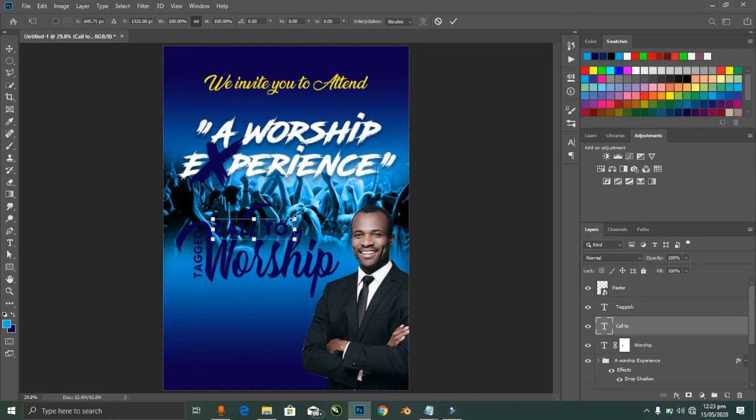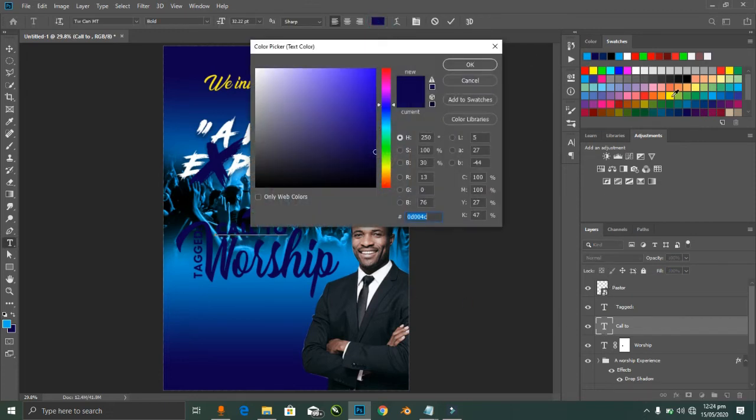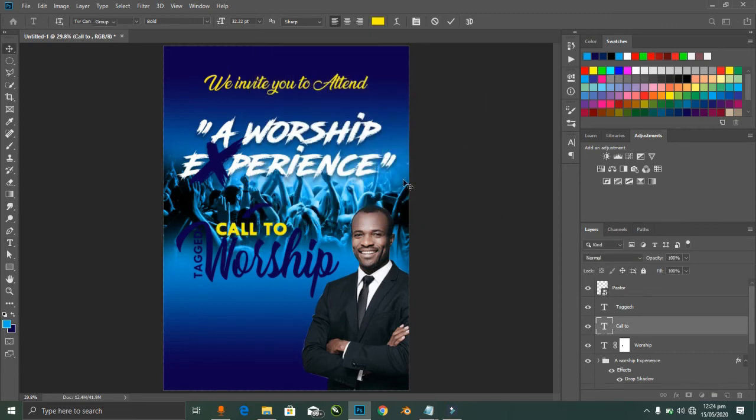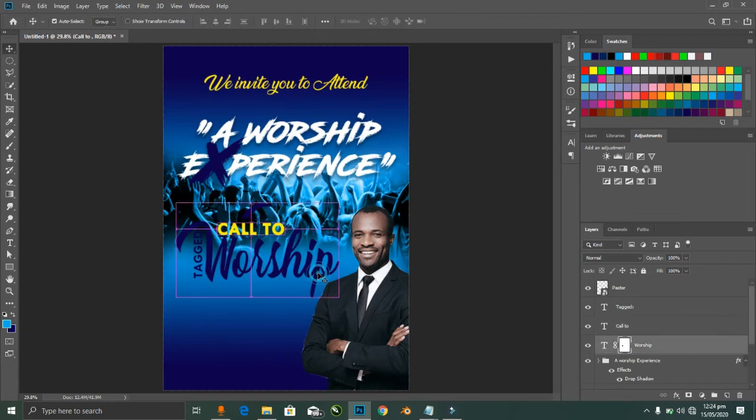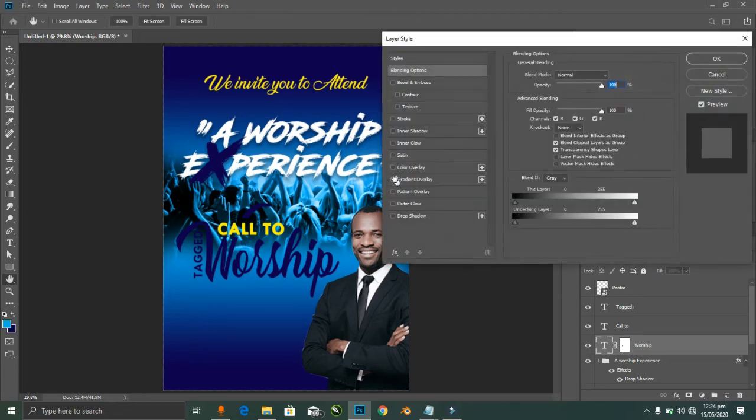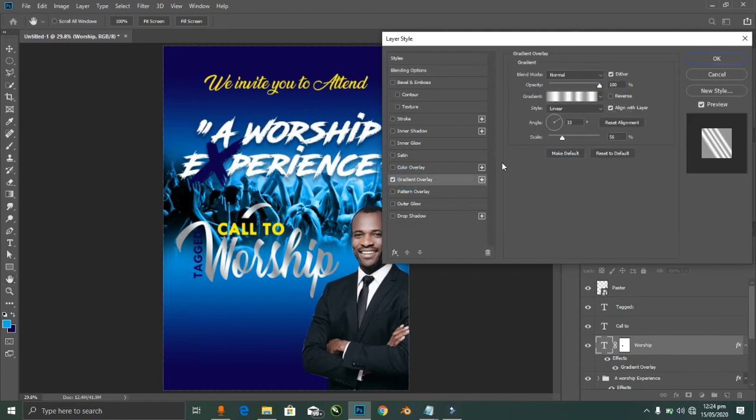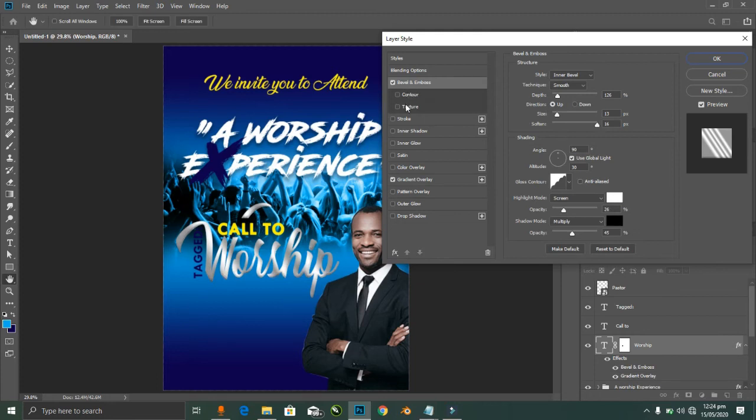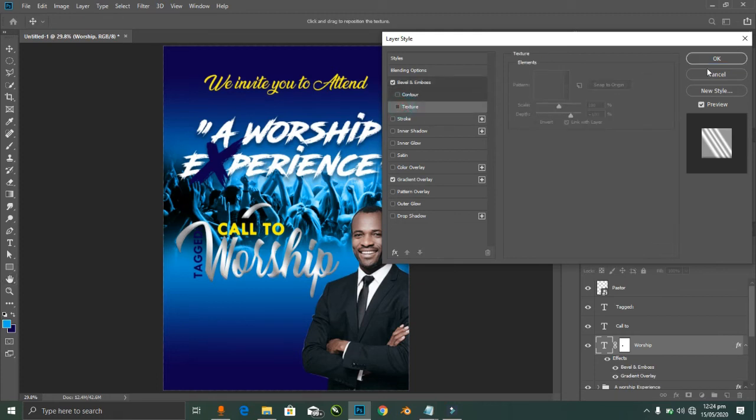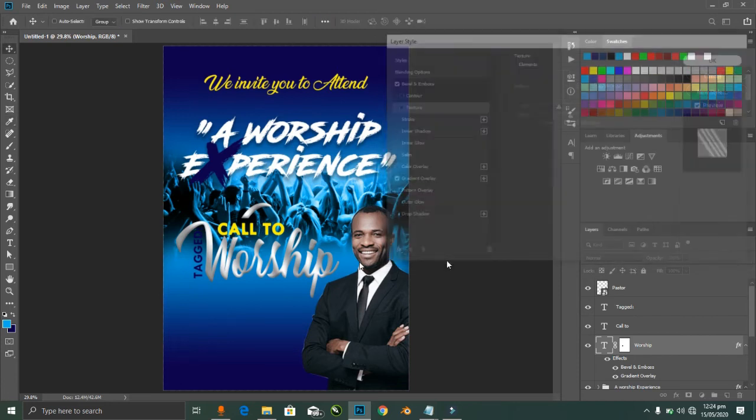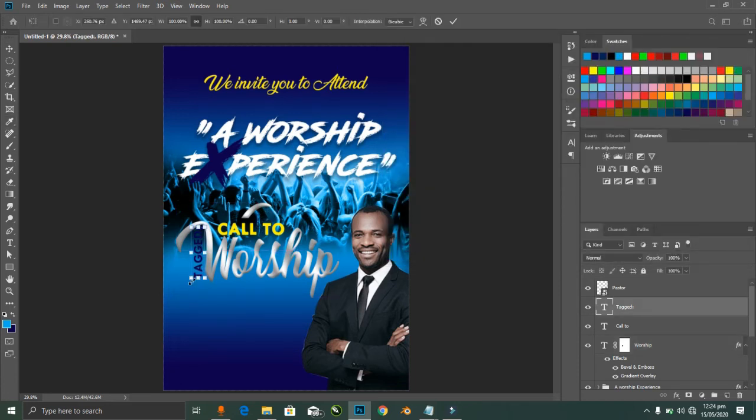Sorry, that was a message from my phone. So like this. Let's change this color to yellow. Yeah, yellow like this. And then the worship will be a kind of gradient overlay. Yeah, something like this. And then you could add a bevel and a brush. Okay, something like this. Then the tag would be red,